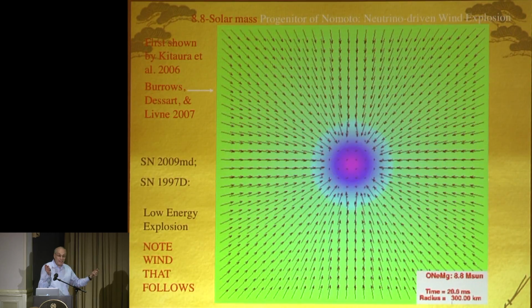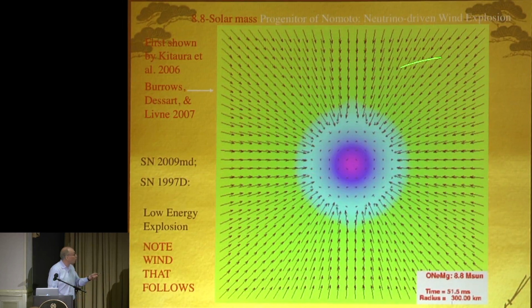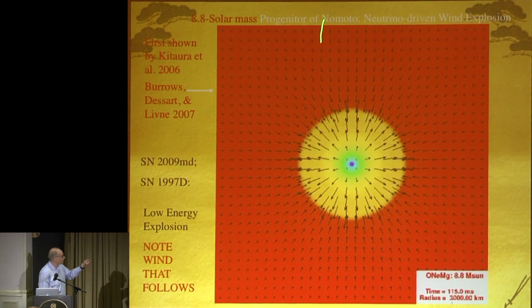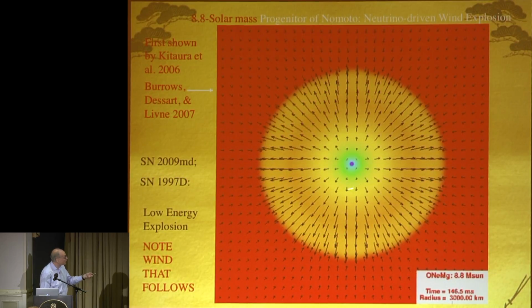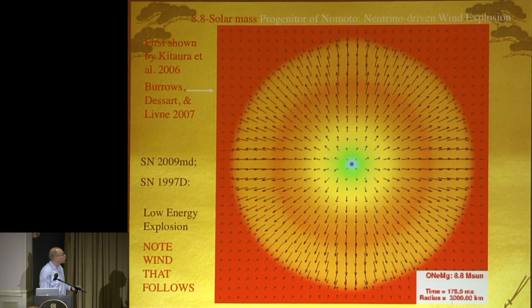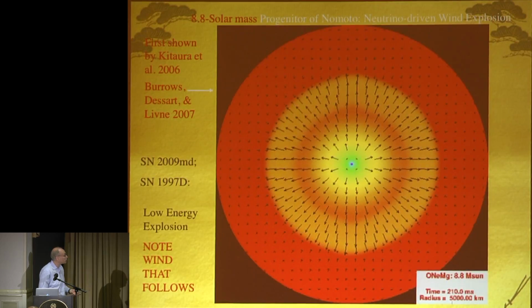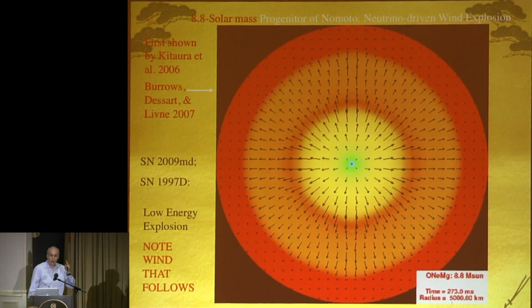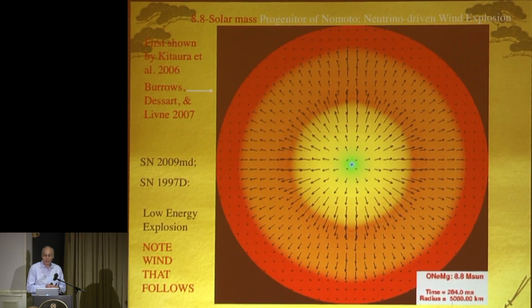Okay. Now, in 1D, as I said, these things can explode. This is just an old calculation. This is 5,000 kilometer radius here. That's the shock wave. Those are the velocity vectors. You'll notice it was almost an immediate explosion, and it's spherically distributed. But this is the case for only one small set of progenitors where the density profiles are very steep on the outside. That's that wind explosion. And this was just a little bit less than 10 to the 50 ergs.